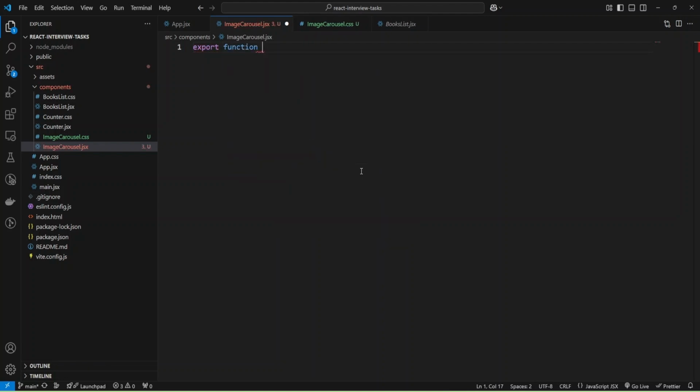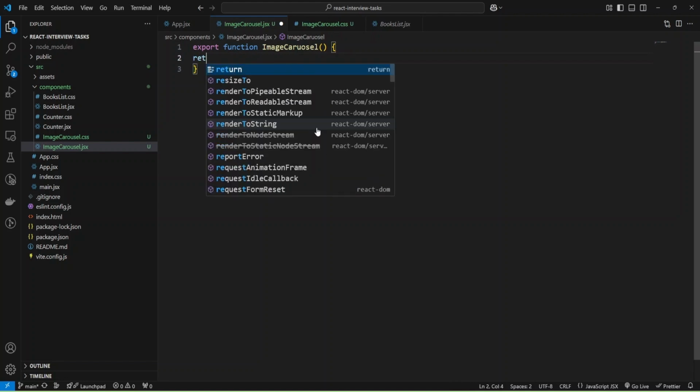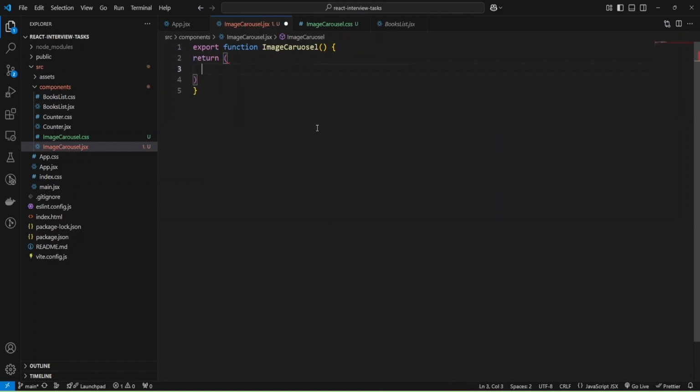function, and we'll create ImageCarousel, and we'll return some JSX. I'll add a div and add a className, and it will be carousel.